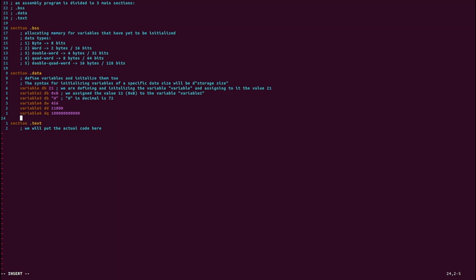And it's not like high-level languages that also care about how the data that you define functionally works inside your program. It's just bits inside your memory. That's it. And so now that we have seen how assembly data types and data storage sizes work,